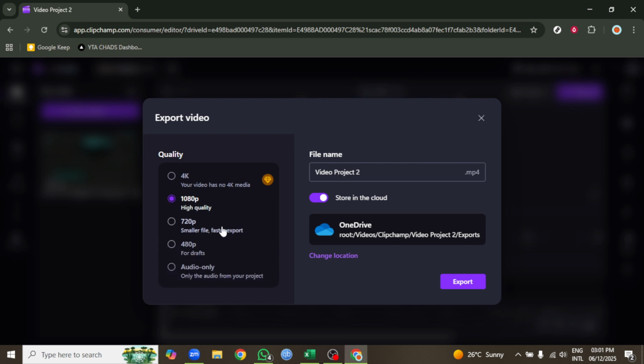As your media appears in the library, drag it onto the timeline in the order you plan to use it. You can rearrange clips at any time, so don't worry about perfection on the first pass. Before editing too deeply, adjust your project to the vertical 9:16 ratio, which is TikTok